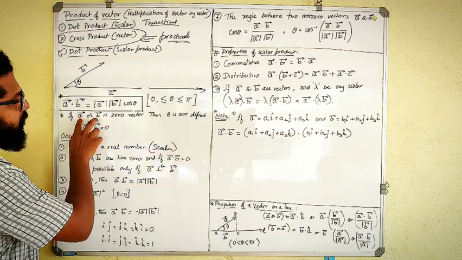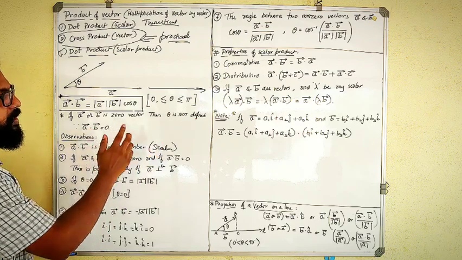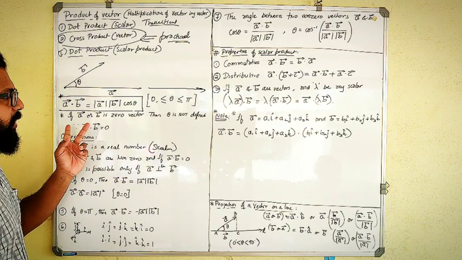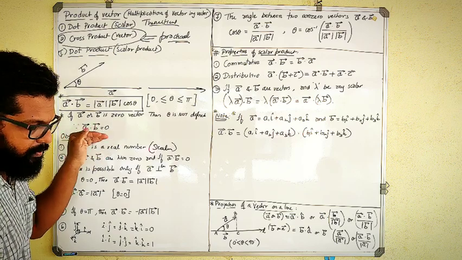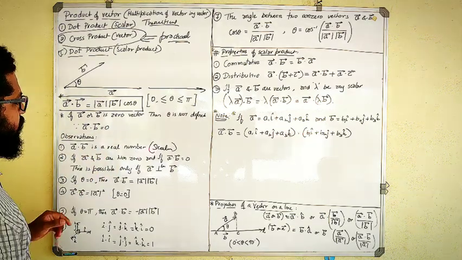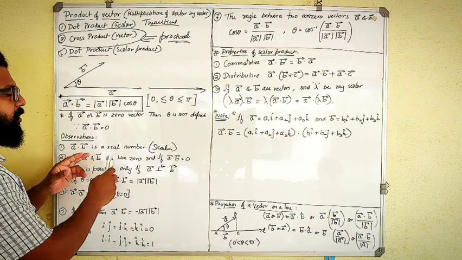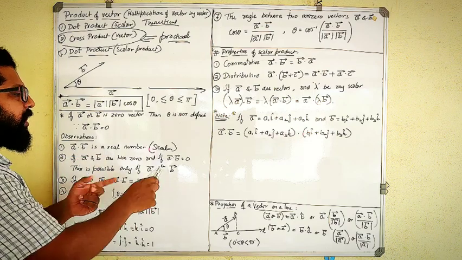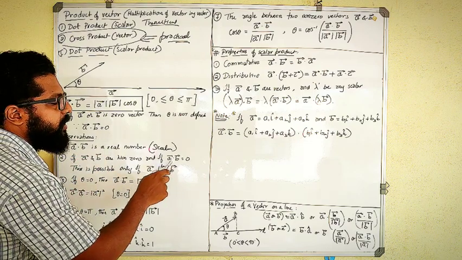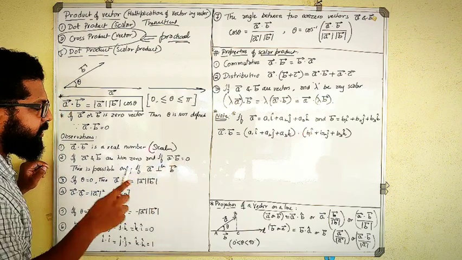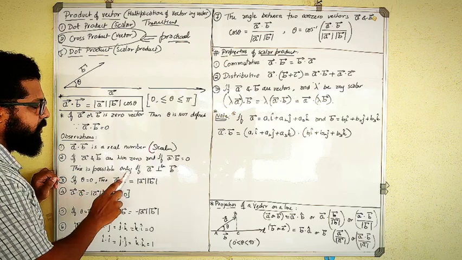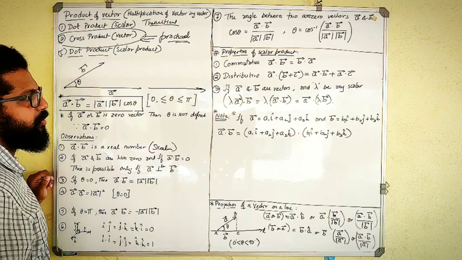If A or B is 0, then obviously A dot B is equal to 0. Correct? If A or B is 0, then the dot product is 0. Now, if A and B are non-zero vectors, but still I find out that the scalar dot product A dot B is equal to 0, then this is only possible if A is perpendicular to B.